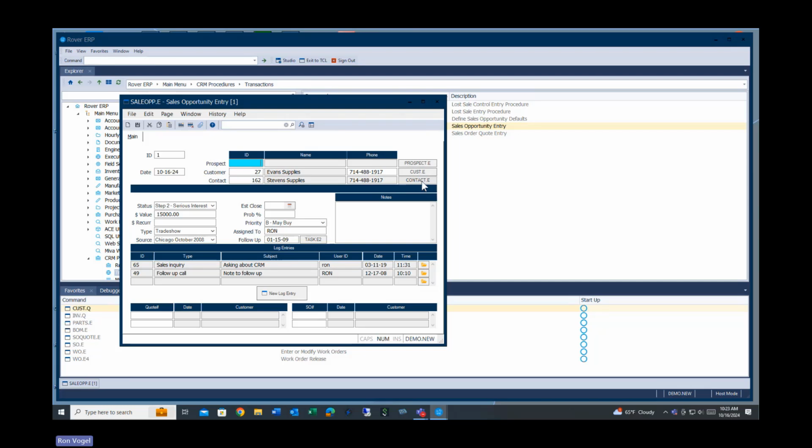And then there's some buttons over here to the right where you can open that prospect or open that customer or open that contact if you want to see more detail. This is where the status codes came in, the value, the recurring value, the type codes, the source. This is where all that information comes from. Estimated close, probability percent, what the priority is, who it's assigned to,